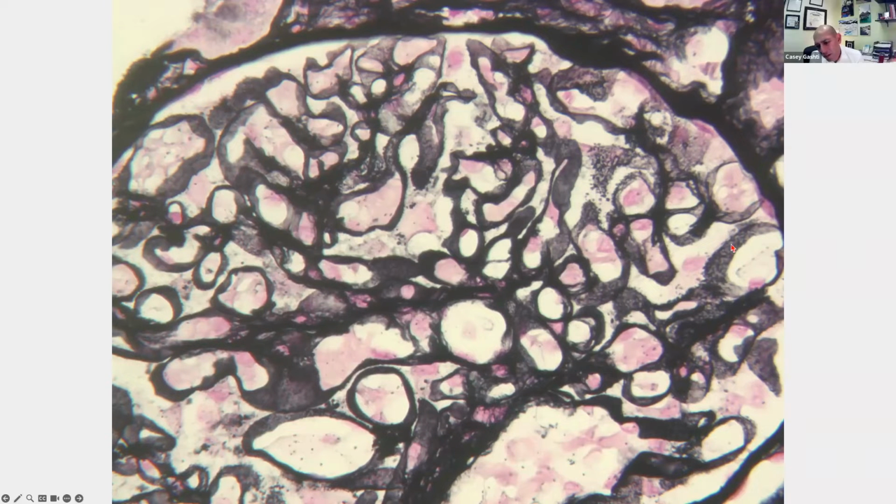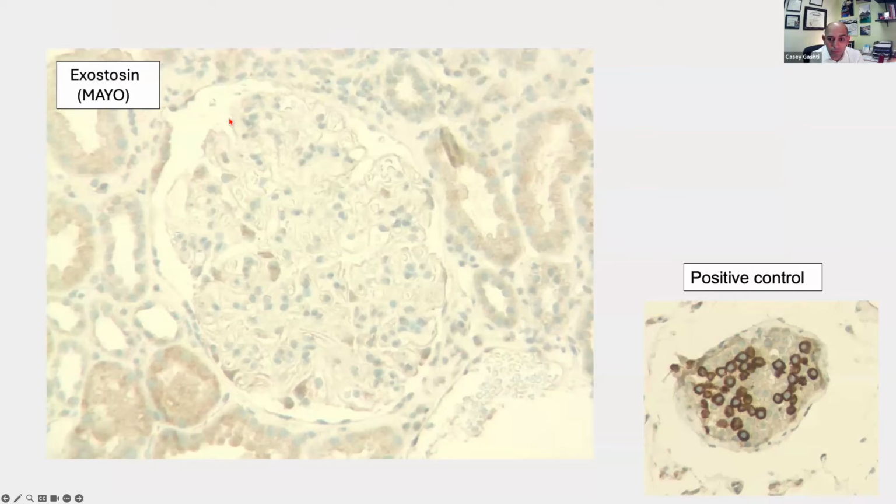Okay. Yeah, I see areas where there is less gray and darker gray. But usually when I think of holes, I see kind of like there's one here. I see kind of those widespread. But if you say these are holes, these are holes. You're the pathologist. Yeah, I mean, this is really moth-eaten. If it was normal, it would just be a nice ribbon-like black, thin and delicate like this here. Yeah. I mean, there is definitely suggestion of immune complexes here.